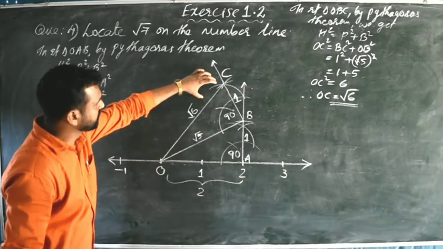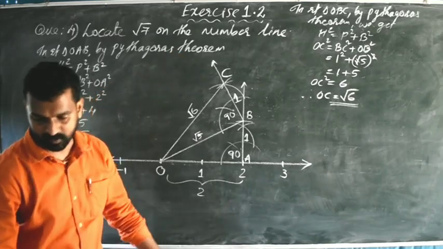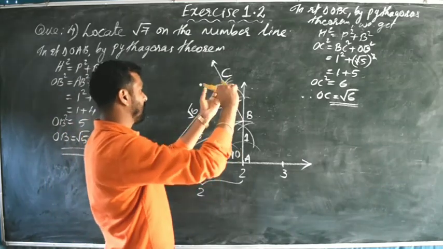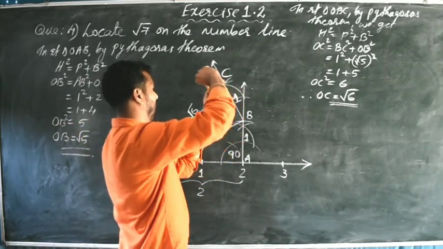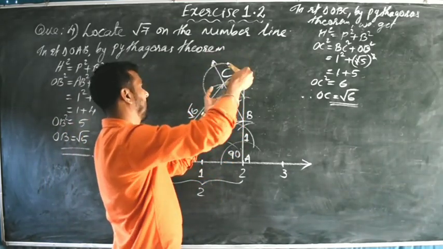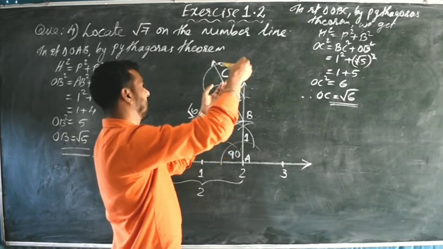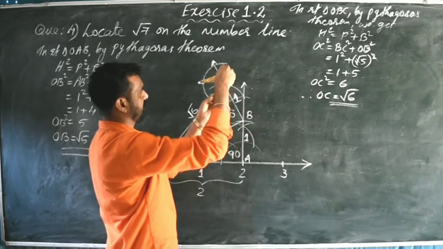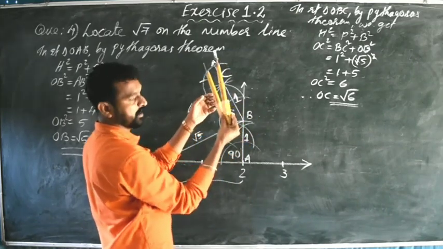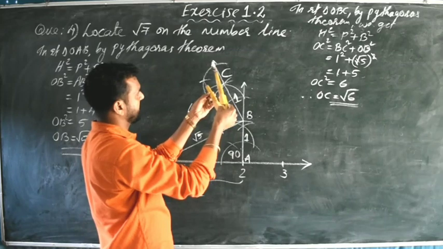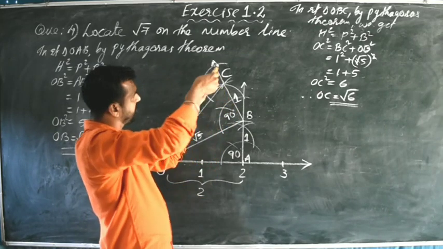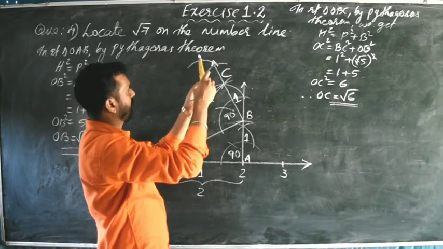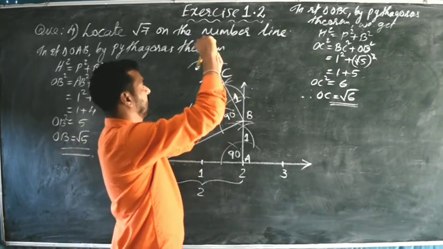Now again we have to draw a perpendicular here to get root 7. Then with the O as center, draw an arc here. Then don't change this radius. Without changing the radius, with the center of this point, cut that arc here, making 90 degree, that much only. Again, don't change the radius. With the center of this point, draw an arc here. Again, don't change the radius. With the center of this point, cut that arc here.